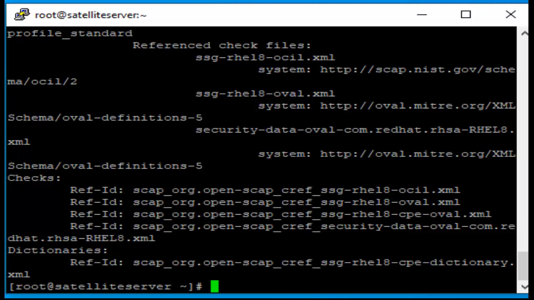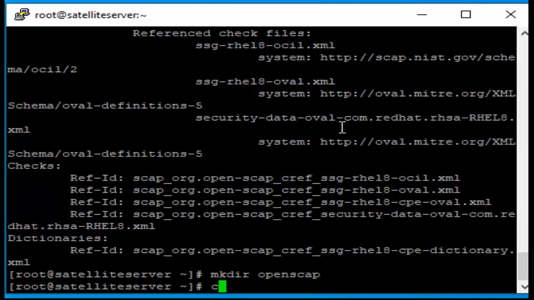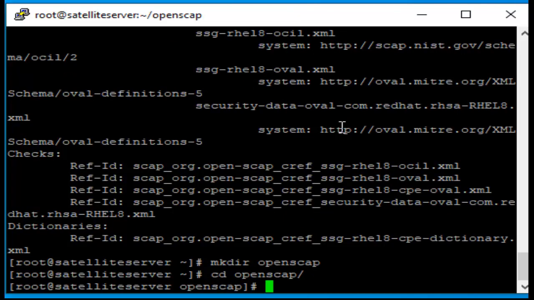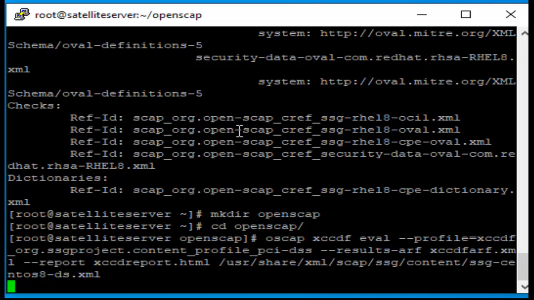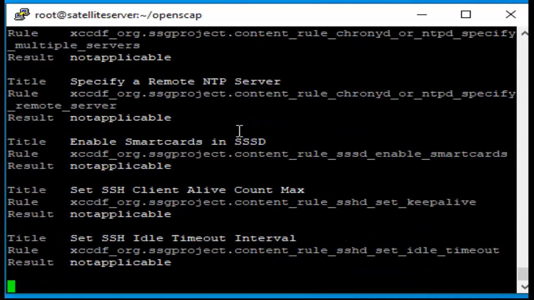So friends, next command is to generate the XCCDF report. First we create one directory: mkdir openscap, then cd openscap. So friends, it is starting to generate the report.